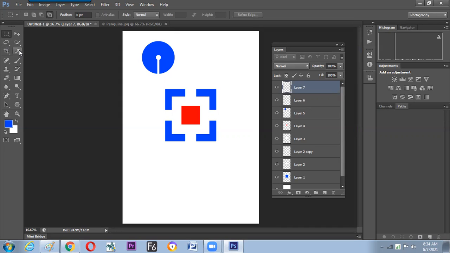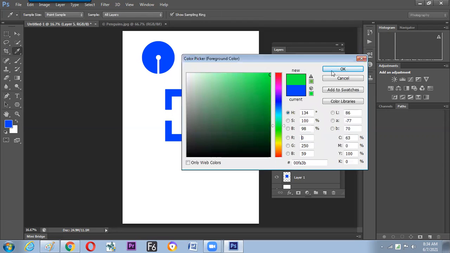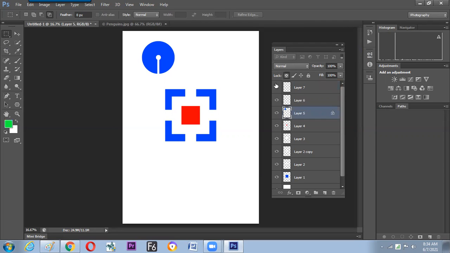And a new tool we have understood today is called eyedropper, which helps to pick the color from the screen. It comes to the foreground and then after we can fill it up. And the next option we got to know is that any layer can be locked in transparency so that we can fill any other color on that particular place within very little time by Alt+Backspace.